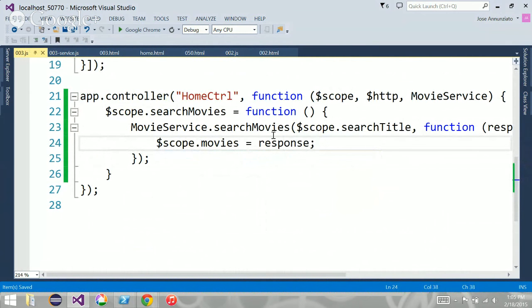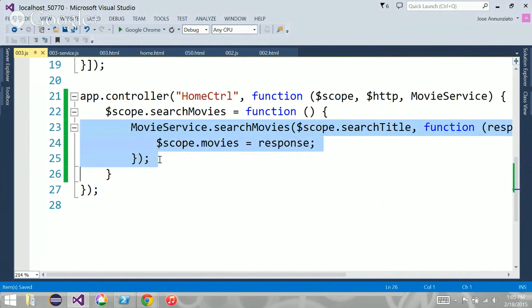So basically what I've done is I've just created another layer of abstraction. That's all I've done. Notice that instead of doing it here, I moved it into a service. So instead of calling HTTP directly from here, I am delegating to another function which is going to do the HTTP call.